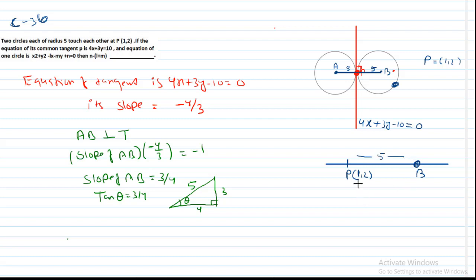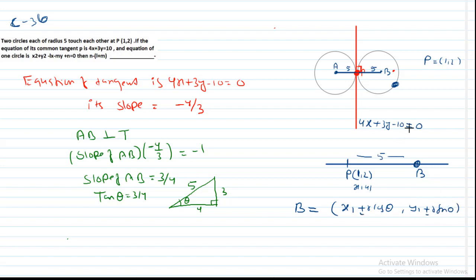So this is assumed as x1, y1, this is r. The inclination of the line is taken as theta. Then directly I can say B equals (x1 plus r cos theta, y1 plus r sin theta). Actually we need to write plus or minus.